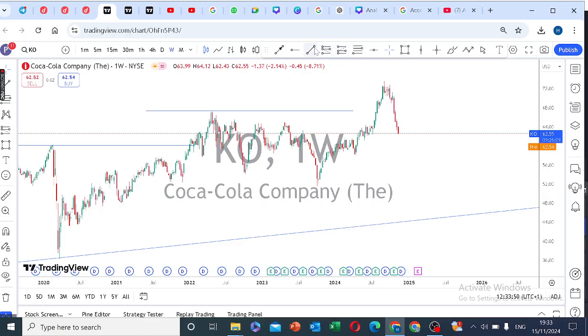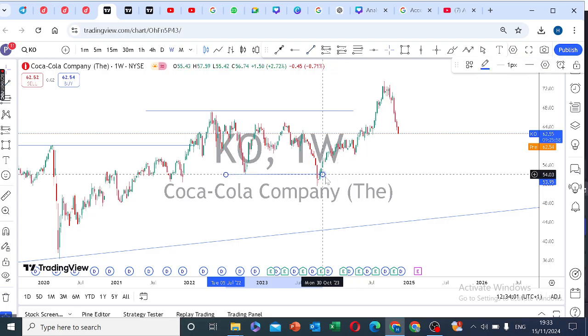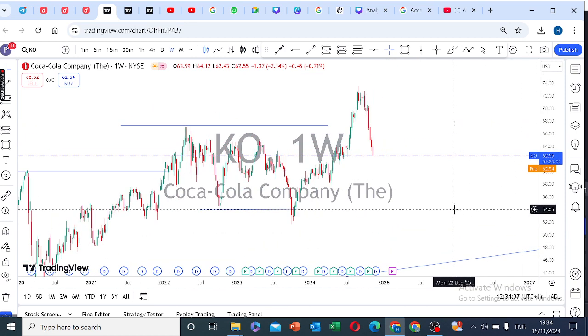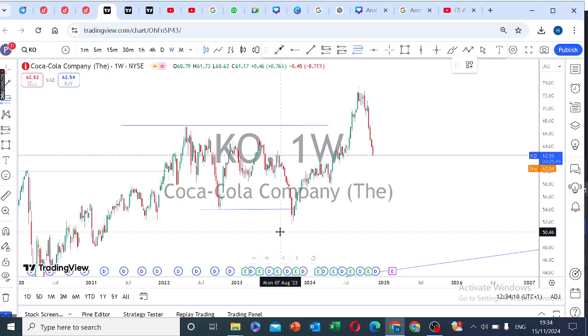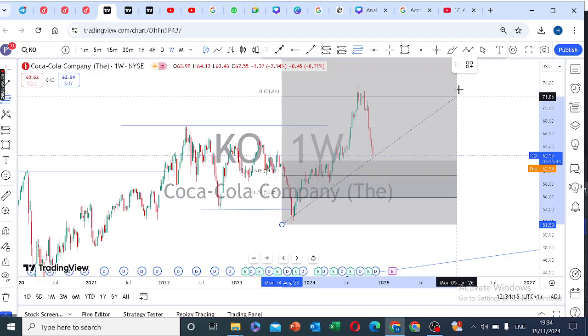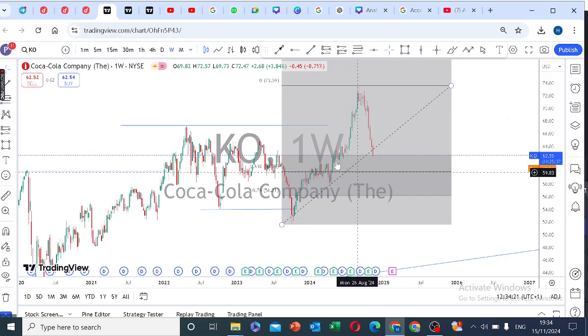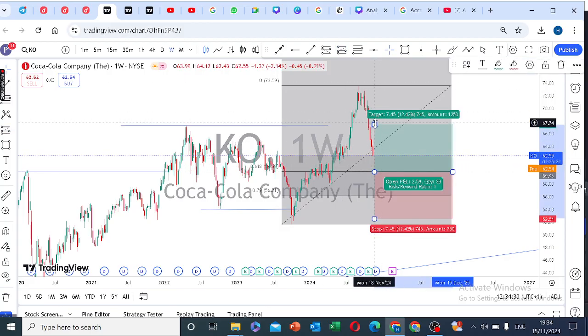Why is that? My reason is this: using our strategy, we already have a break of structure here, and before price broke this structure, it created liquidity, took out liquidity to the downside. Now, taking out liquidity to the downside in our strategy tells us that something very strong is going to happen. And if you agree with me, we're already getting into the season of the year, which is December. So I believe we might begin to see Coca-Cola stock having rallies to the upside. So maybe we could see that happen at this price. We could see Coca-Cola begin to rally to the upside at this price, which is